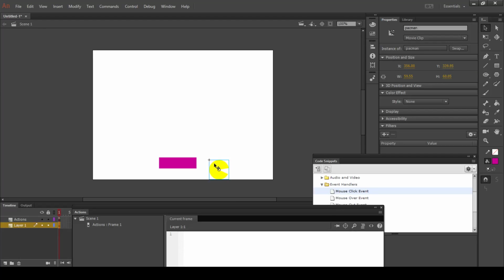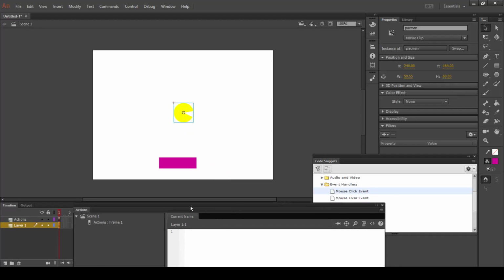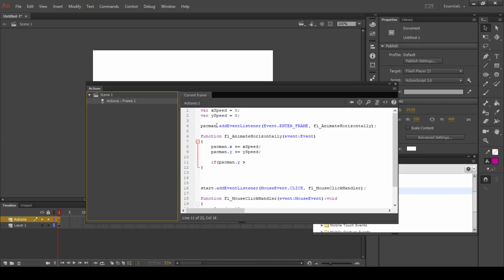339 is the y value. Another way to do it would be to take the height of the stage and then subtract the height of the Pac-Man. But it can tell you right there it is 339.95. So 339 will be good enough. So let's bring our actions back up here. So if it's greater than 339,